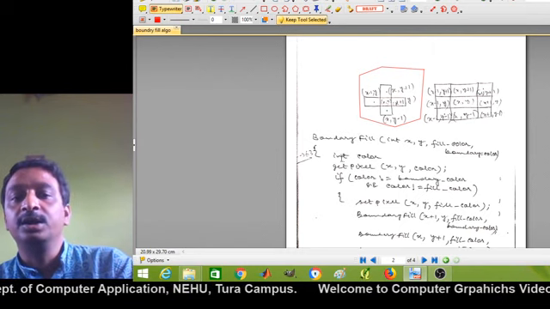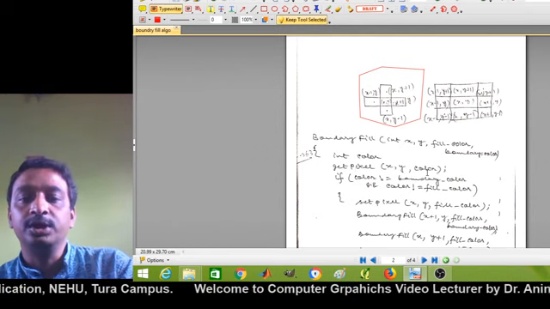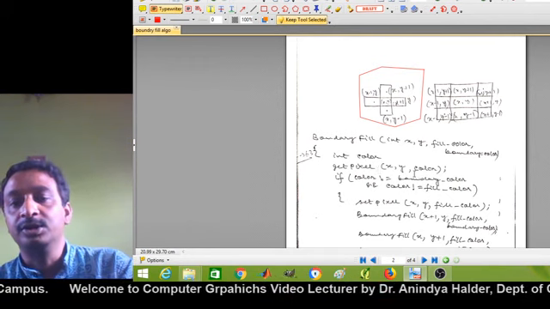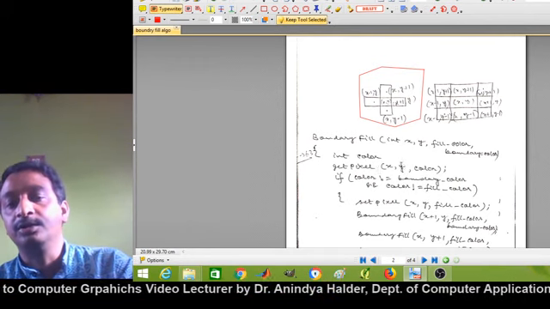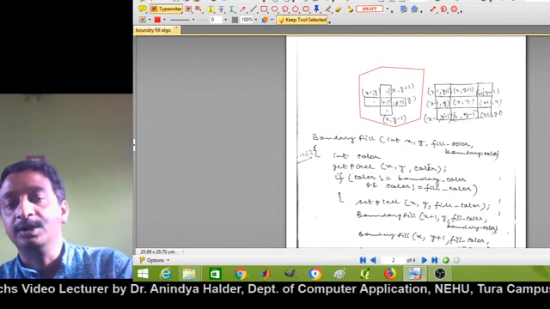Then a temporary integer variable color is used, which will store the color of every pixel. The getPixel command stores the color information of the location xy, the seed pixel, into the variable color.